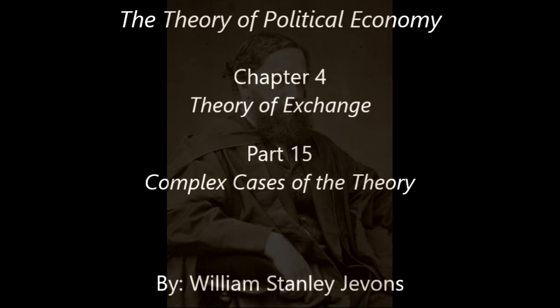They are exchanged as follows: A gives x1 for y1, and x2 for z1. B gives y1 for x1 and y2 for z2, and C gives z1 for x2 and z2 for y2. These may be treated as independent exchanges, and each body must be satisfied in regard to each of its exchanges, and we must therefore take into account the functions of utility, or the final degrees of utility, of each commodity in respect of each body. Let us express these functions as follows: phi1, psi1, chi1 are the respective functions of utility for A. Phi2, psi2, chi2 are the respective functions of utility for B, and phi3, psi3, chi3 are the respective functions of